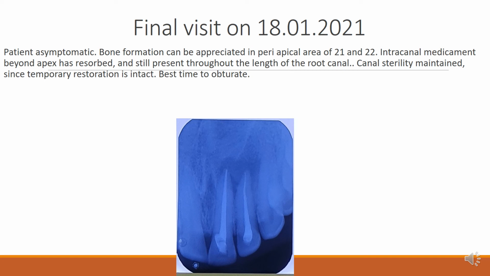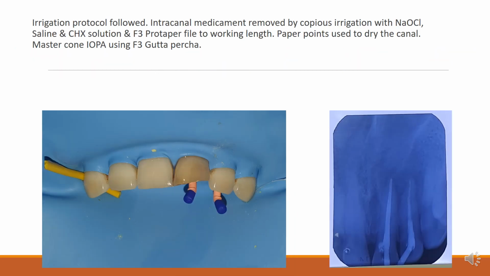So what we decided is that we remove the entire intracanal medicament, and we inform the patient that it is now time to obturate. So what we do is we place the master cones and we take an X-ray, and of course you have to irrigate as well. So the best way to remove your intracanal medicament, that is your Vitapex, is you can use your K files, you can use the rotary files, you can even use H files, to scrape off parts of the intracanal medicament which are stuck to the walls of the canal.